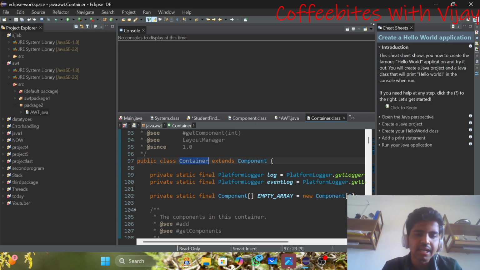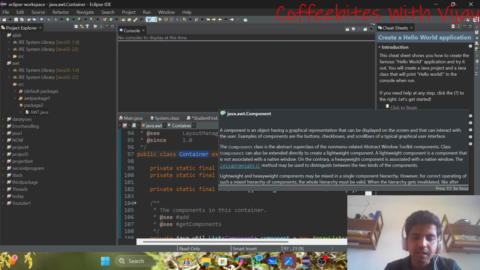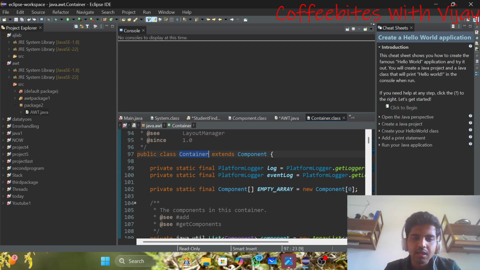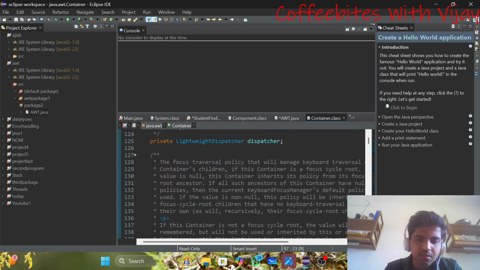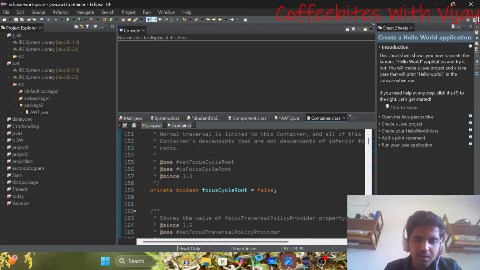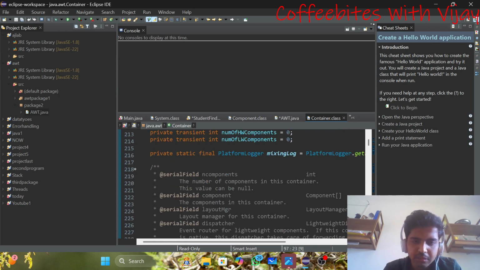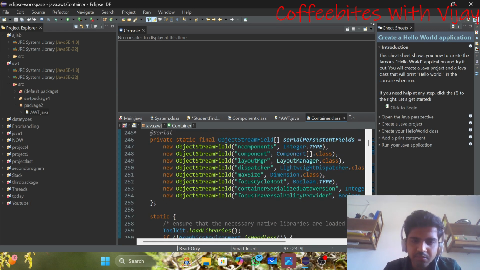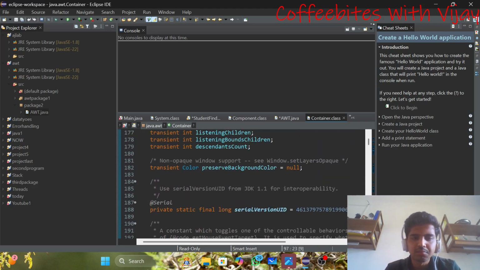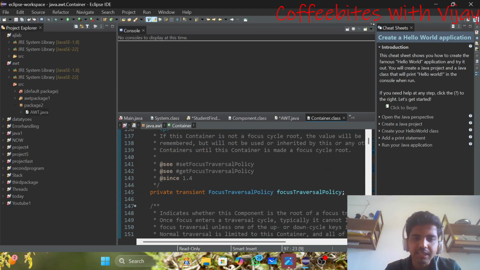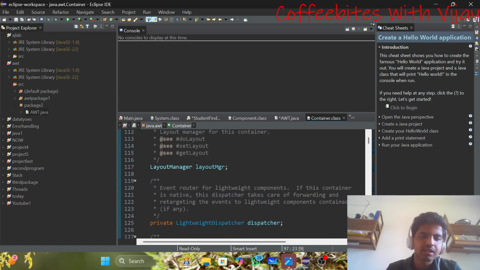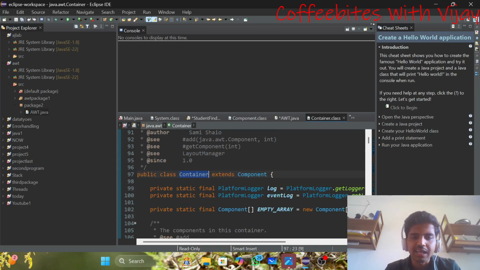Inside this container we will have all the other components like button and other things. Guys, this file is too big. I'm not finding any button inside this class. No worries, guys, this is the Container class, and inside it I'll have all the other classes like button, label, text field, text area, and all the other classes, and this is the child class.